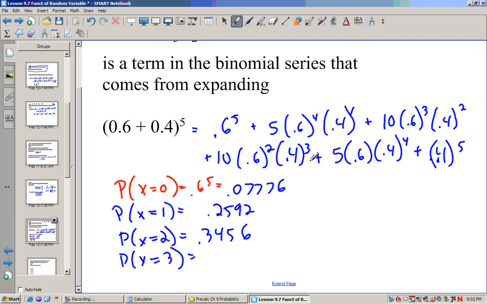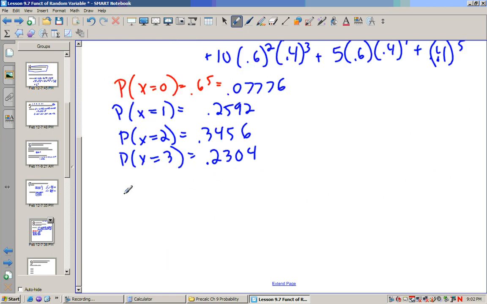So 10 times 0.6 squared times 0.4 to the third, that would be 0.2304. Then 5 times 0.6 times 0.4 to the fourth, 0.0768. And then finally, the probability that they're all heads,